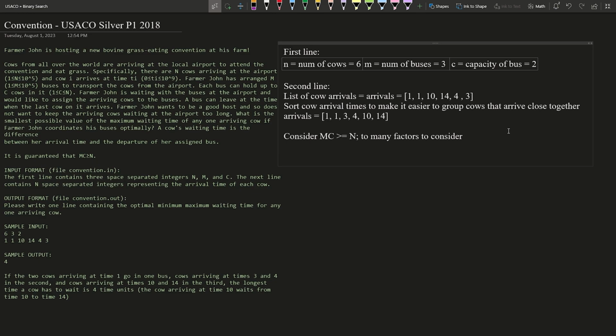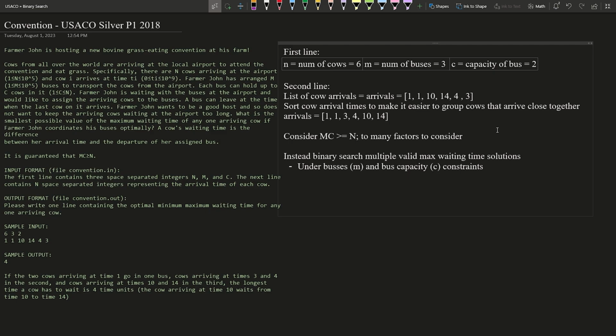Now, you may think about using a certain arrival time and then slowly incrementing it up until you get a max waiting time that satisfies the constraints. However, that is the brute force approach of O of N squared, and it's really slow. You're checking all the possible combinations in a very slow manner. However, let's think about it in a different way of solving this. So instead, we are going to go ahead and binary search multiple valid max waiting time solutions. We have to do this under the buses and bus capacity